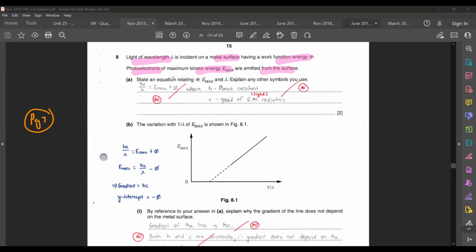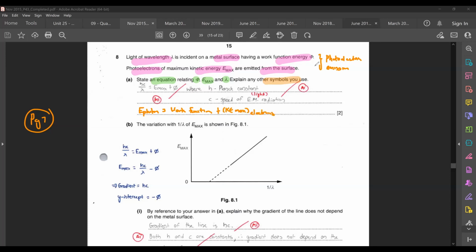State an equation relating phi, the work function, Emax, the maximum kinetic energy, and the wavelength lambda. Explain any other symbols that you use. So this one is actually describing photoelectric emission. There is an equation that describes that phenomenon, so you have to write it out. In your case, the general form was energy of your photon equals your work function plus your KE max of your